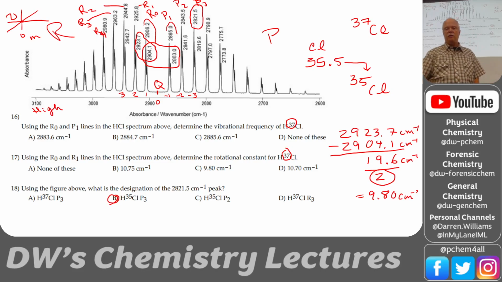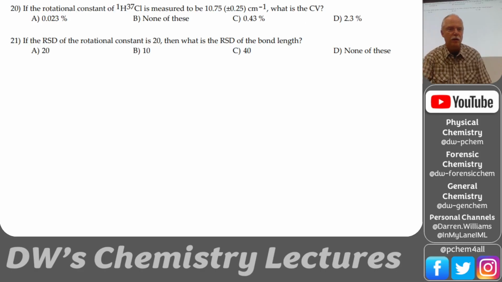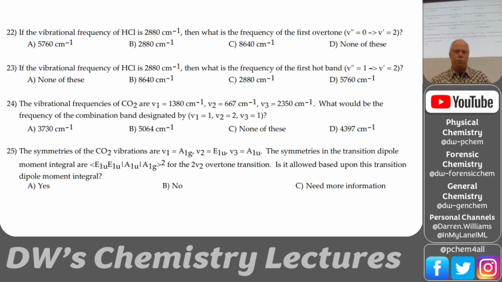You do 22 or 23. Oh yeah, so these are the overtones. Very good. So if we're going from 0 to 2, it's roughly twice that frequency. If this is the vibrational frequency, the fundamental would be 0 to 1. So 0 to 2 would be 2 units of that. This is the spacing between these energy levels, and you'd have 2 of those spacings, so you just multiply that by 2. And so that gives you the